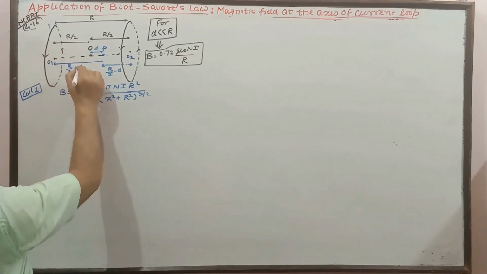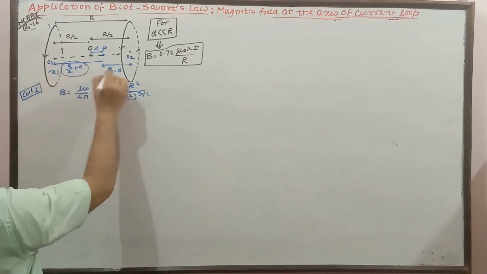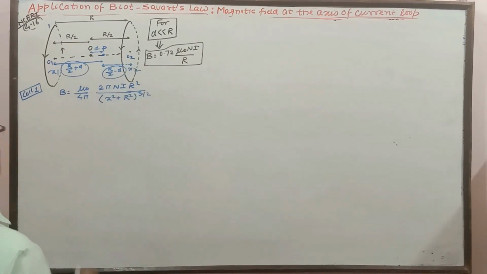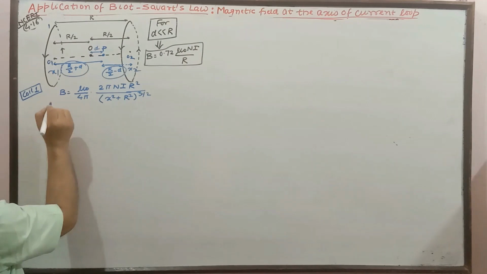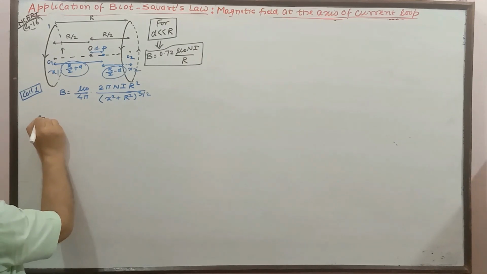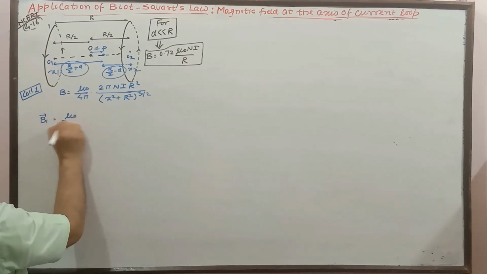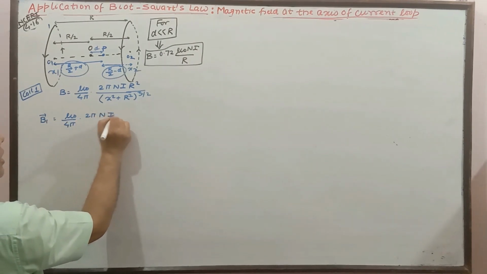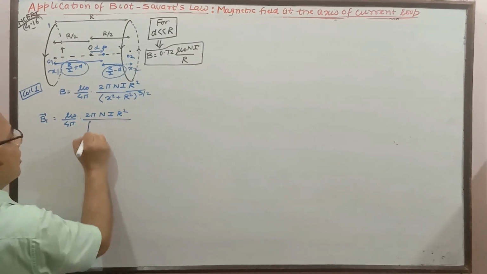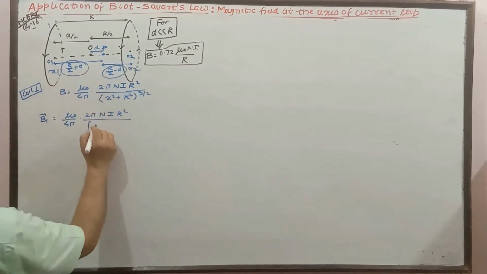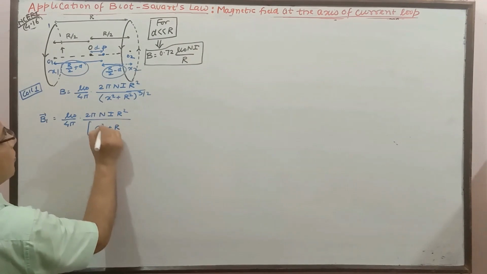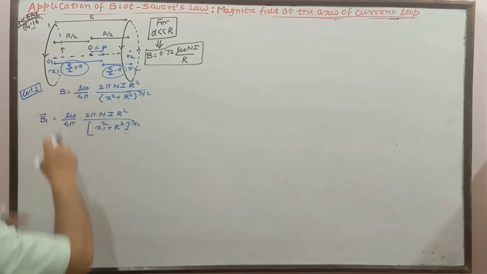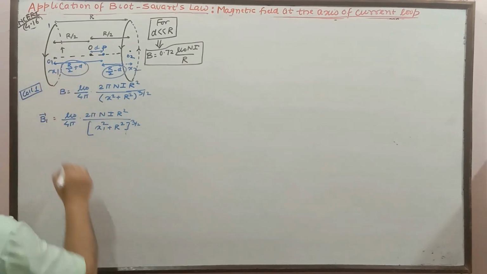Here for the first coil the distance is this x1. For the second coil the distance is this x2. So that is what we have. So let us try to find out the magnetic field due to the first coil at point P. This is B1. B1 is equal to mu naught by 4 pi into 2 pi, number of turns n, I, radius r, divided by x, and in the place of x is x1. So x1 square plus r square whole 3 by 2. What is x1? That is r by 2 plus d. We are going to put it.